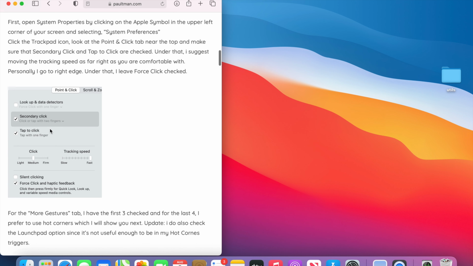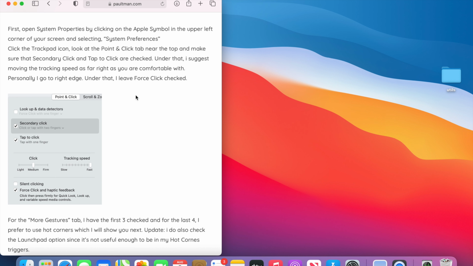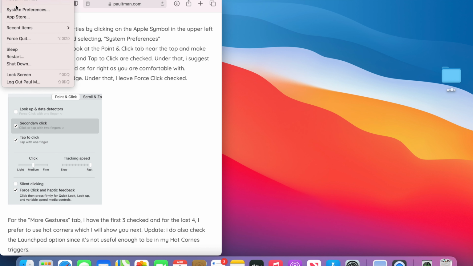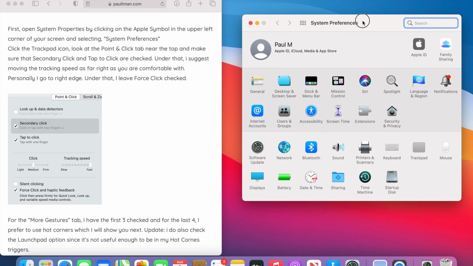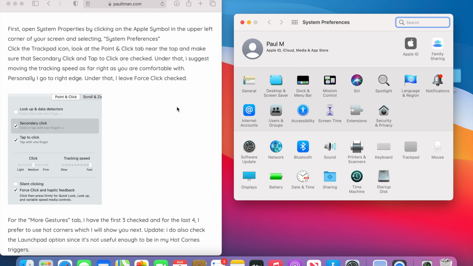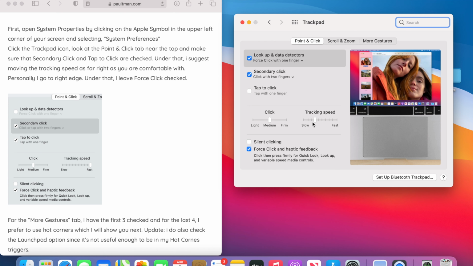First open system preferences by clicking the Apple symbol. Okay, so Apple symbol, system preferences, get to the right here. Let's start with the trackpad first. So there's the trackpad. Yeah, I will say this, with the default settings, the pointer is really